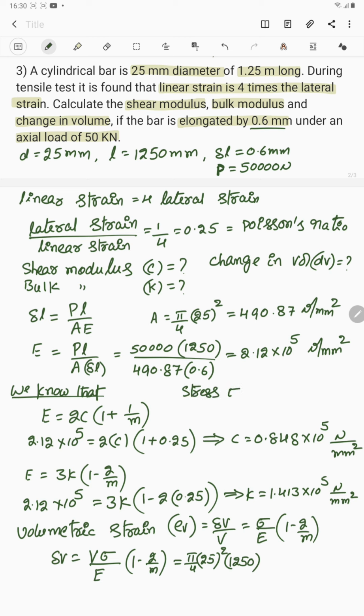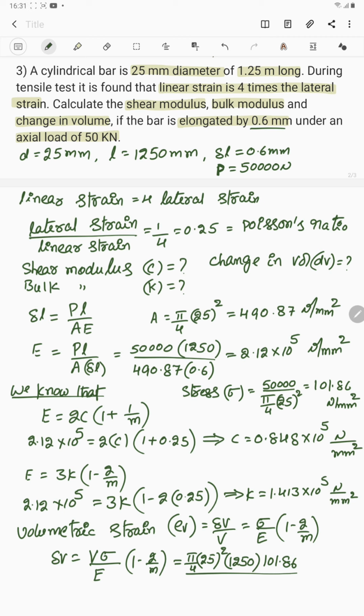Stress sigma equals load by area. Load is 50,000 by area pi by 4 into d square, d is 25 whole square. You simplify this value for getting the stress around 101.86. 101.86, unit is Newton per mm square. So stress is 101.86